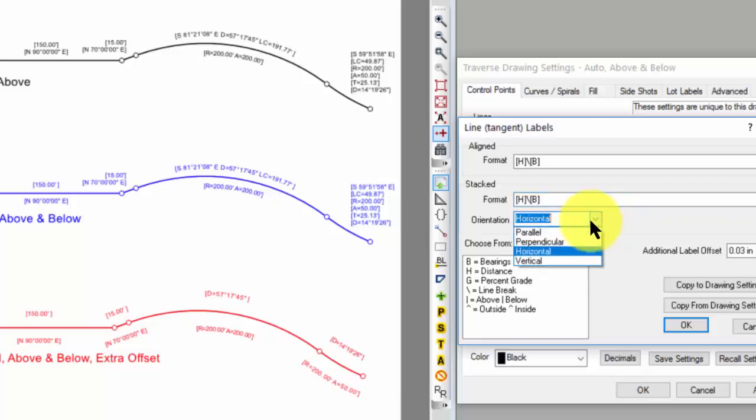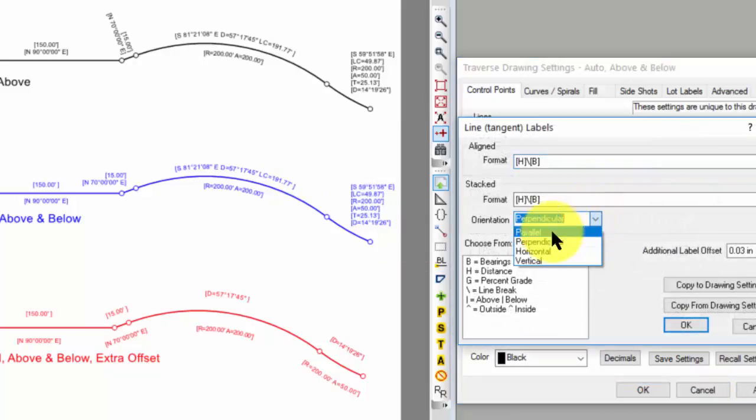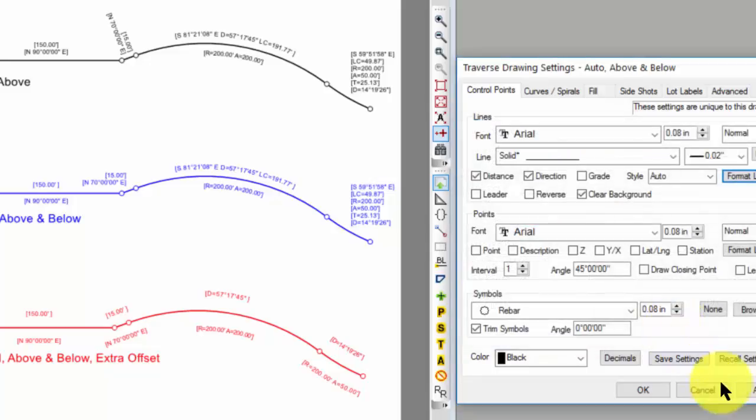Now, if I wanted to, I could change this to perpendicular, okay, and Traverse PC would draw this. Oh, excuse me, I wanted to do horizontal. My fault. Let's do parallel. So let's apply that now. And I now have a label that looks quite similar to the